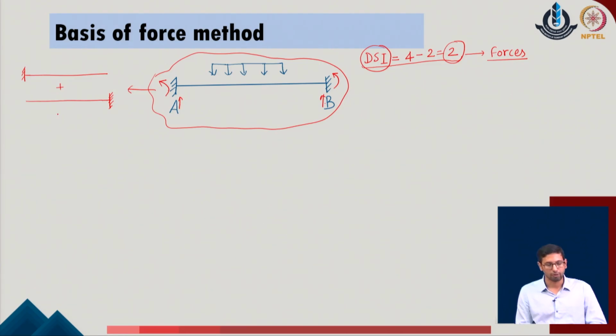One more possibility could be providing pin jointed supports at both these positions, and this will define that there are no moment reactions considered at the ends of the given system, and they have been considered as the redundants. One can be furthermore audacious. I should not put the plus sign, but these are the representative systems which are typically being represented as a statically determinate system of this original problem.